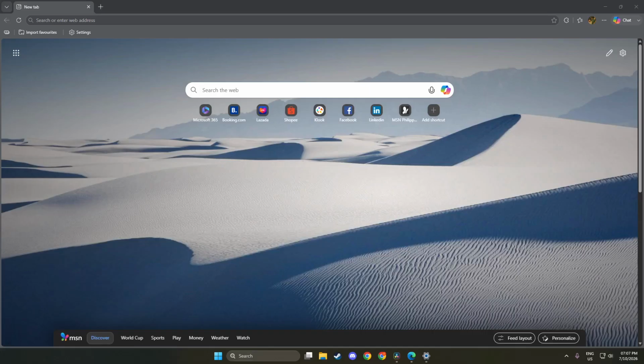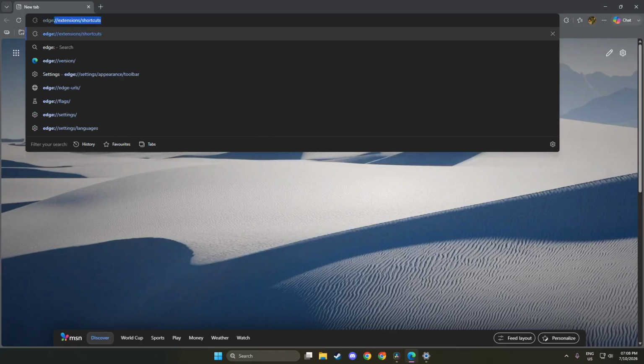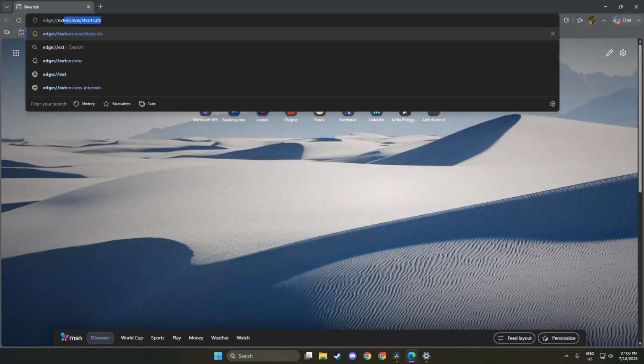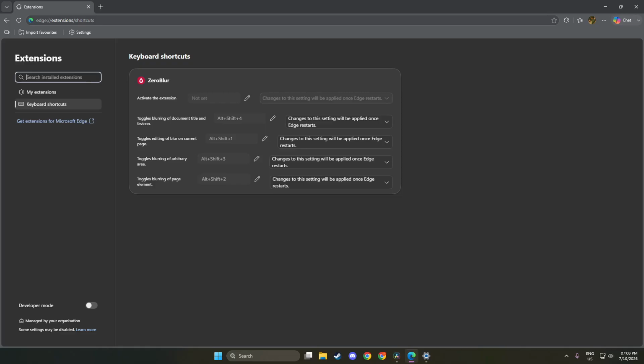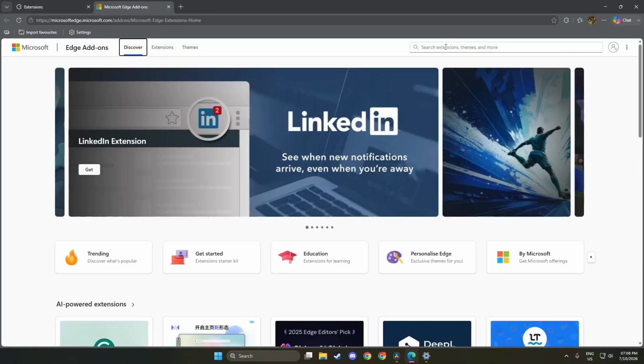Now go to the address bar and type in edge://extensions. This will take you directly to the extensions page of Microsoft Edge. The extensions page is where you can manage, add, or remove various add-ons to enhance your browsing experience. It's important to navigate here because this is the hub for all extensions, including ad blockers, which can help improve page load times and create a cleaner browsing experience. Once you enter this address, you should see a list of your current extensions or an option to explore more.